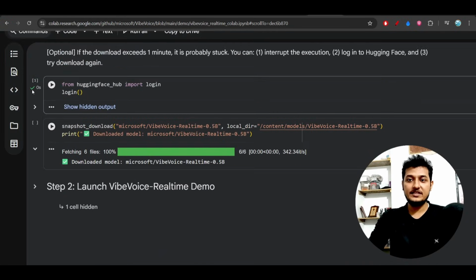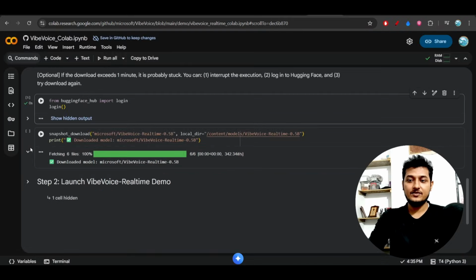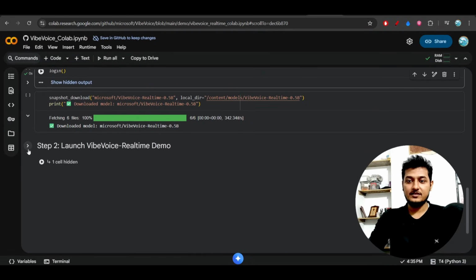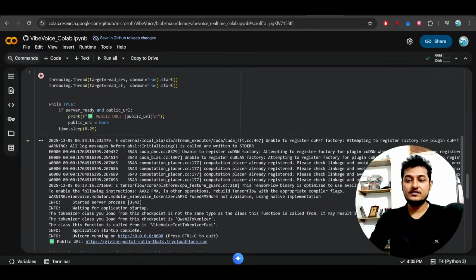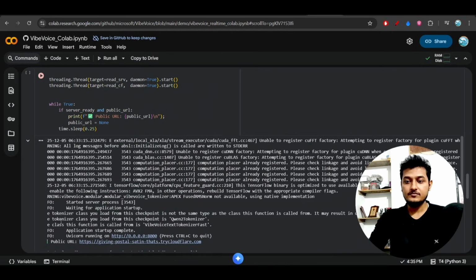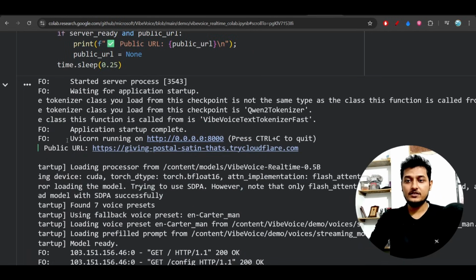Now you will find this green tick like this here. Okay, and after that go to step 2 and run this. Now after running step 2, you will find these two links: one is the Uvicorn running on localhost 8000 and the public URL, this one. When you find these two links visible to you,